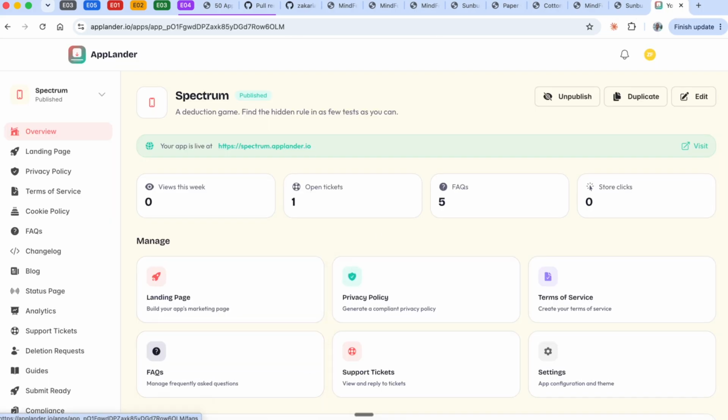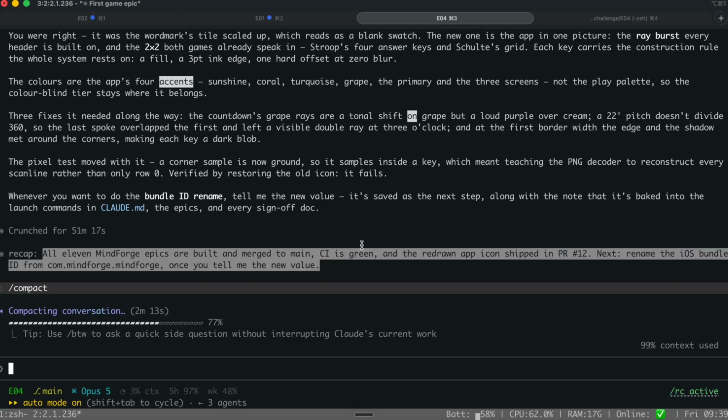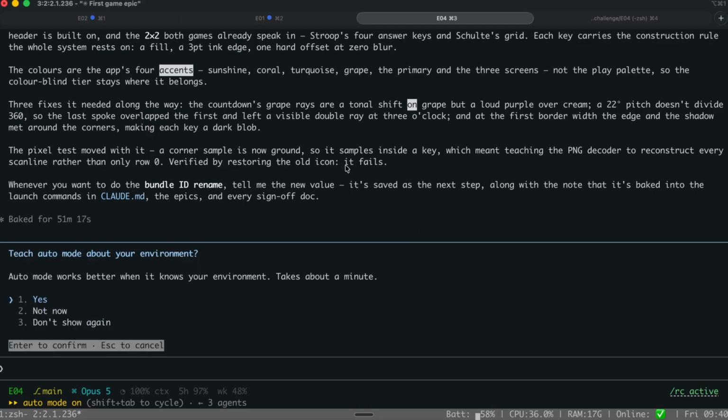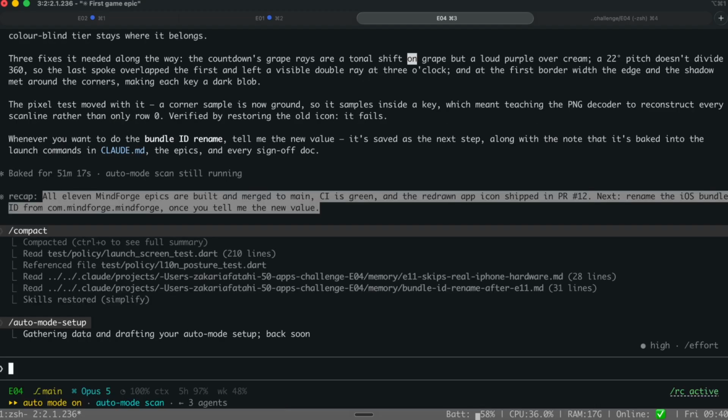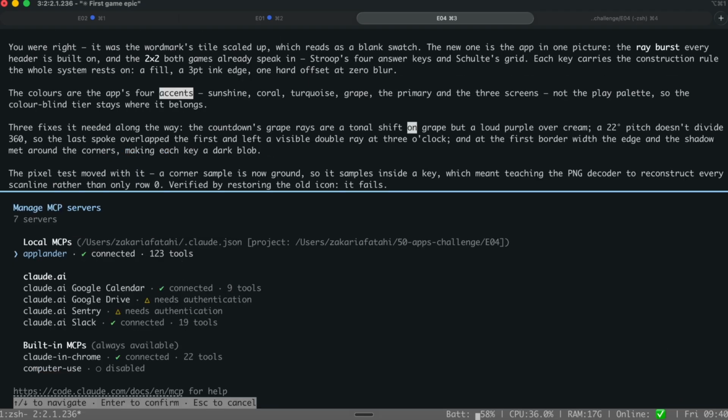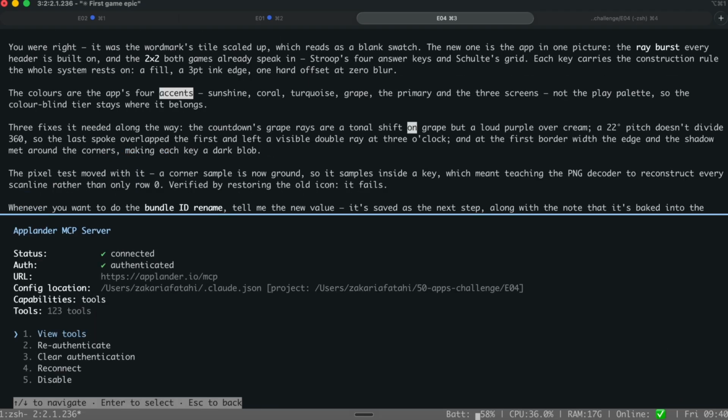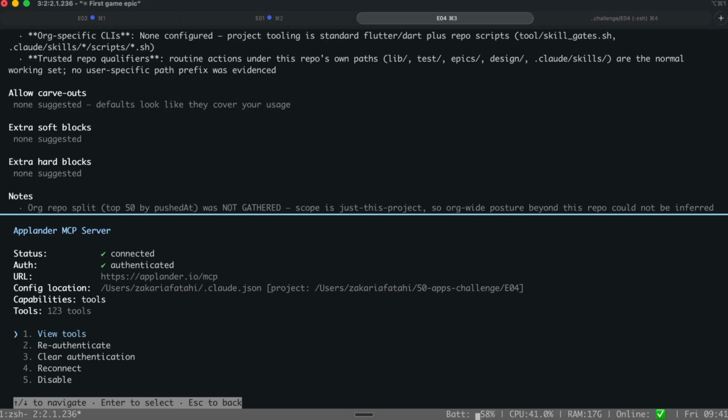Okay, let's just wait for this one. It's asking about auto mode. Let's just have this one. Okay, it's done. So now let's go for MCP. We have this plan that is connected. It seems I added them for our other projects, so that's why it's connected here. But if not, you can see authentication here. Click on it, it will open and you can authenticate. Now, let's just go for